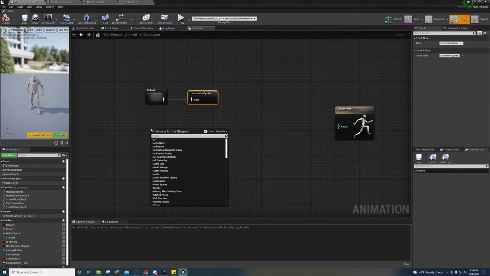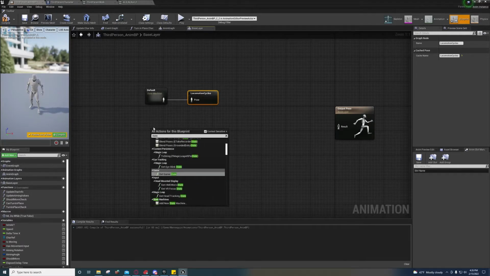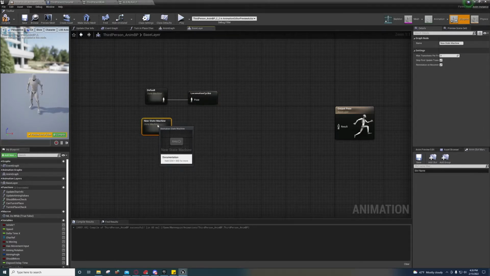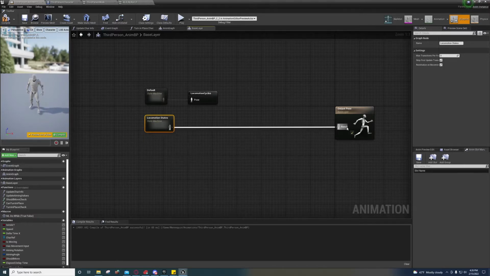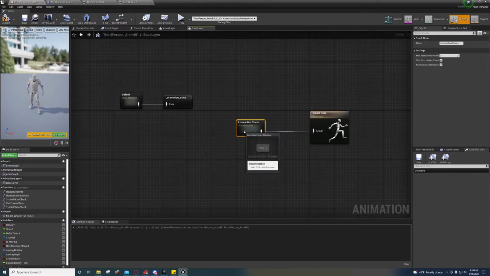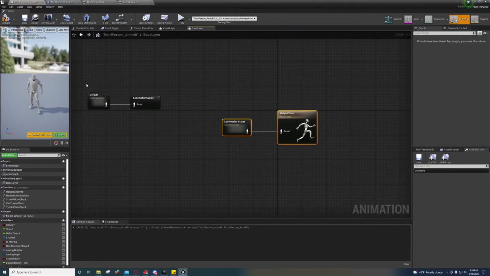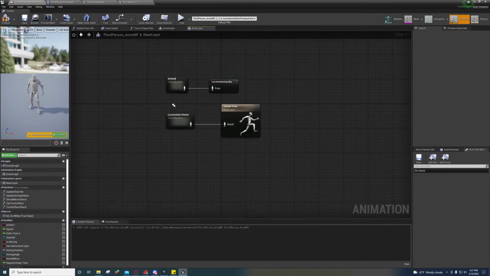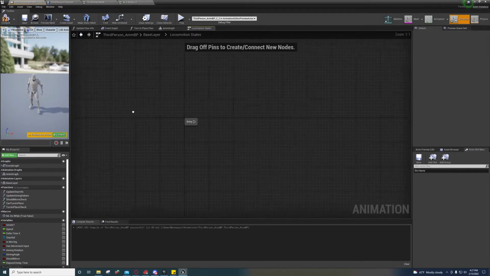So off of here we're going to right click and add a new state machine. We are going to rename this to Locomotion States. And we can actually probably go ahead and plug that in. Control Q there. And then we're going to come in here,